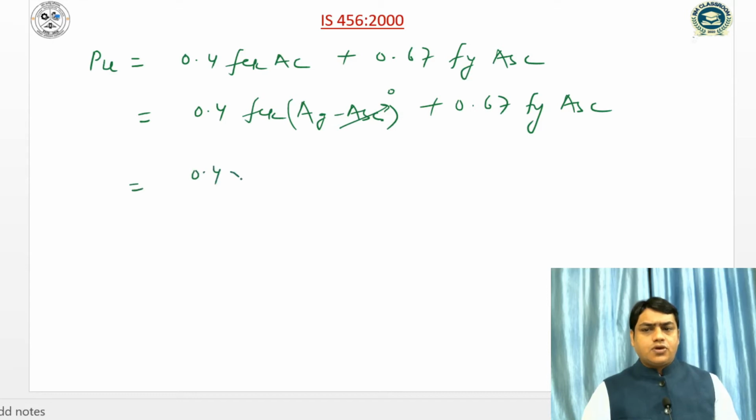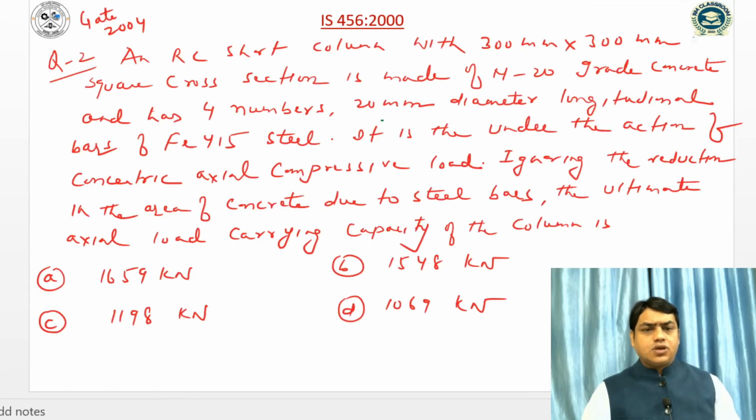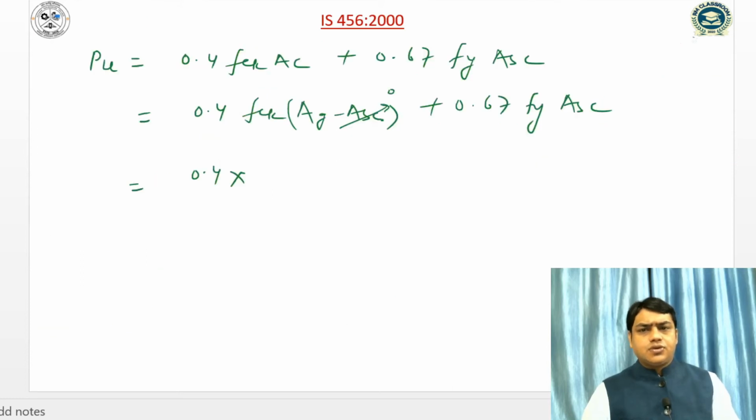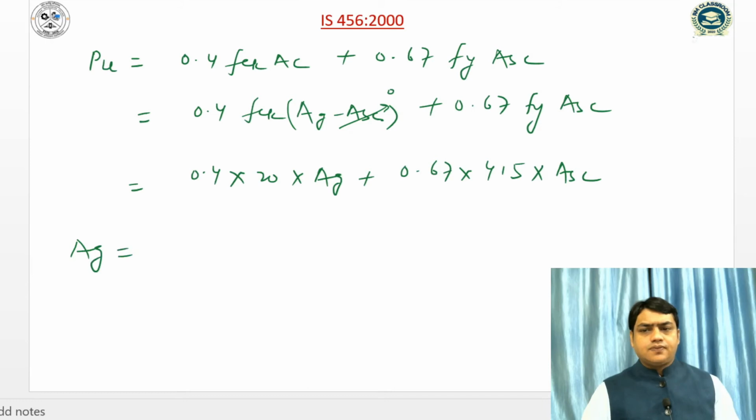So 0.4 into fck, the grade of concrete is M20, so it will be 0.4 into 20 into Ag plus 0.67 into 415 into Asc. So Ag can be computed as 300 mm by 300 mm, so 300 by 300 mm square,